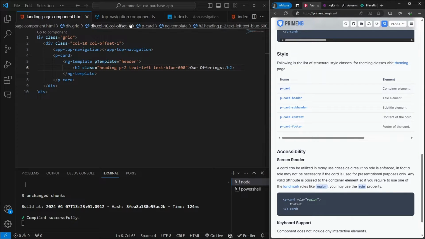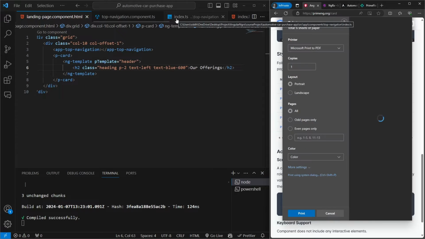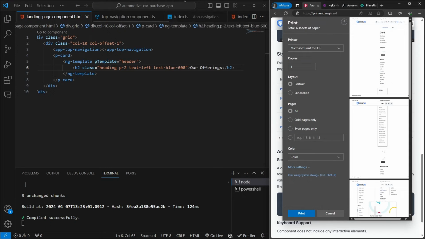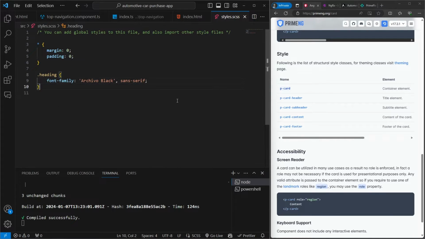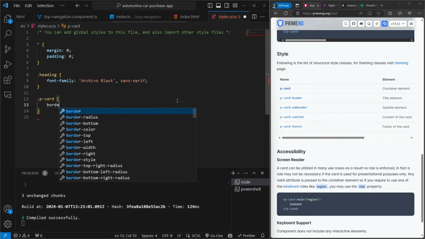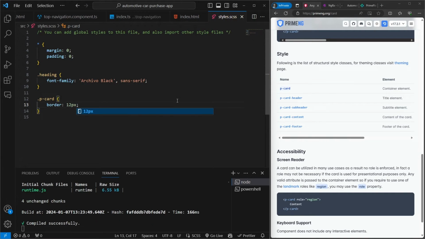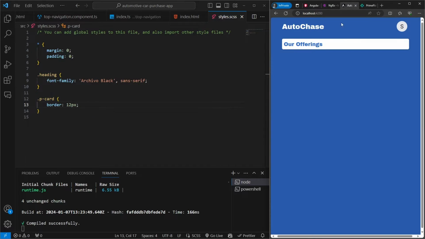So you can also override the styles for any of the library. For this, let me cancel over here. You can do styles, and here you can do something like p-card, and for example border-radius 12 pixels. If I save everything, nothing should get affected because we want to deal with this thing, but it should be something like